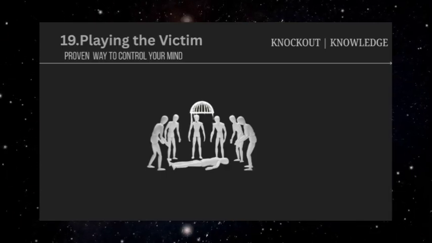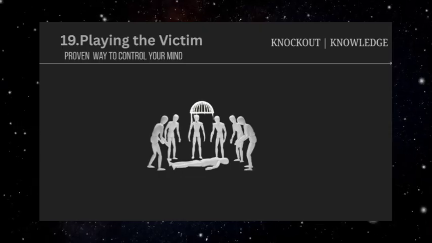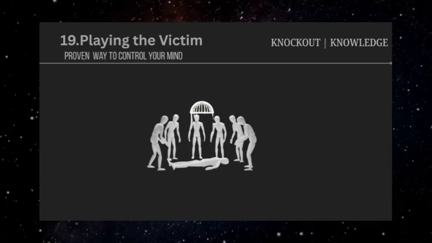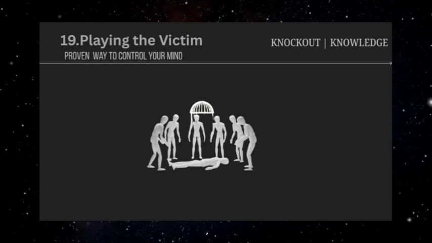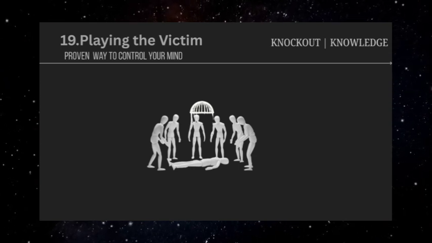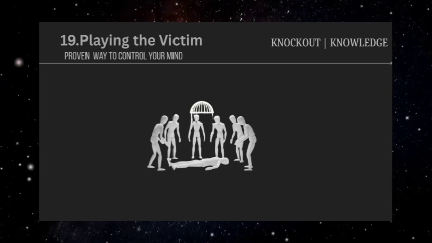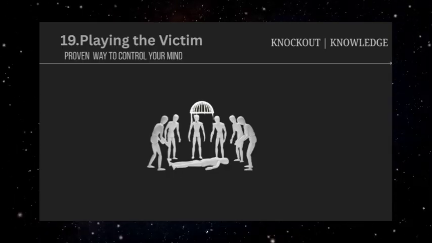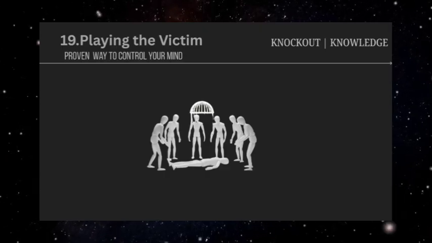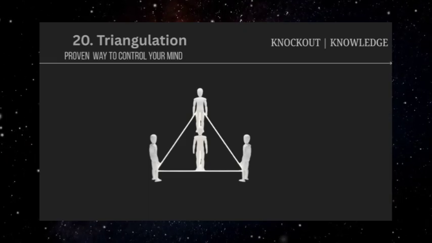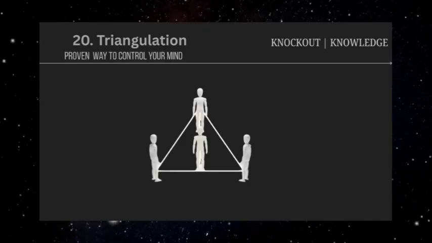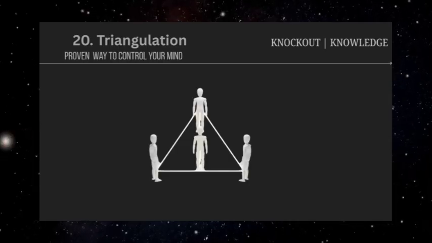The key pattern to identify is the absence of genuine accountability. Real victims of unfair treatment can usually acknowledge times when they've also made mistakes or contributed to problems. Manipulative victim players rarely, if ever, take genuine responsibility for their role in conflicts or difficulties. Understanding victim playing doesn't mean becoming unsympathetic to others' pain or refusing to provide emotional support when people are genuinely struggling. But it does mean recognizing that consistent victim narratives, especially ones that emerge whenever accountability is sought, might be manipulation techniques rather than genuine expressions of suffering.